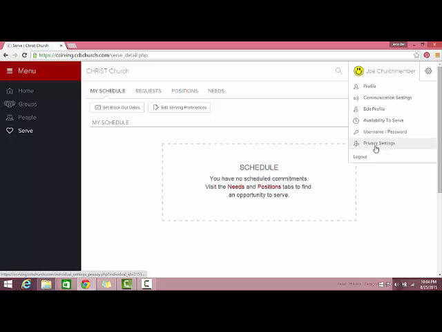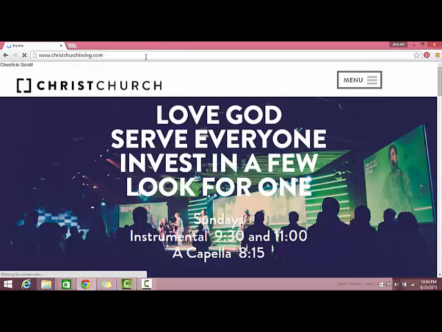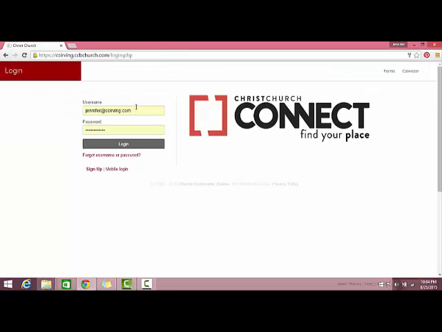Now, let's log out and I'm going to show you one more really great tool that comes with CHRISTChurch Connect. While CHRISTChurch Connect doesn't have a mobile app, it does have a place where you can log on from your mobile device. So, you'll just go to CHRISTChurchConnect.com on your mobile device, click Mobile Login,